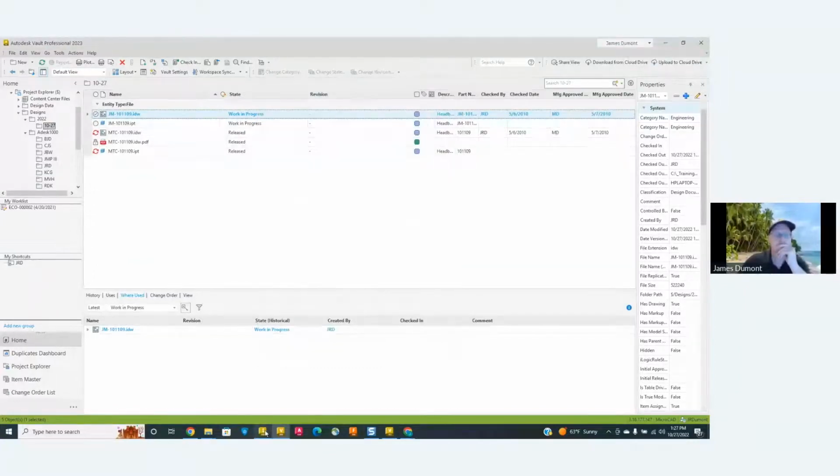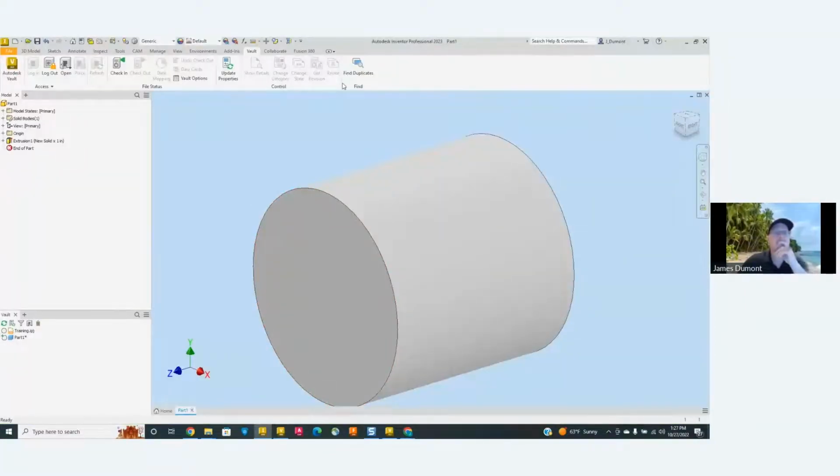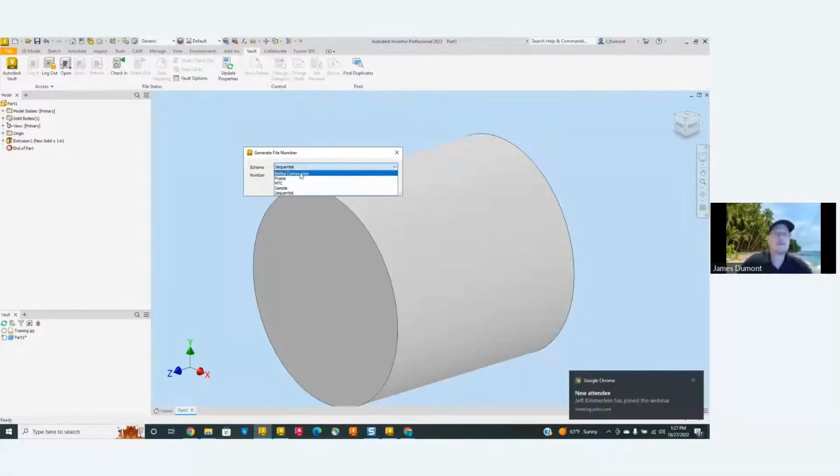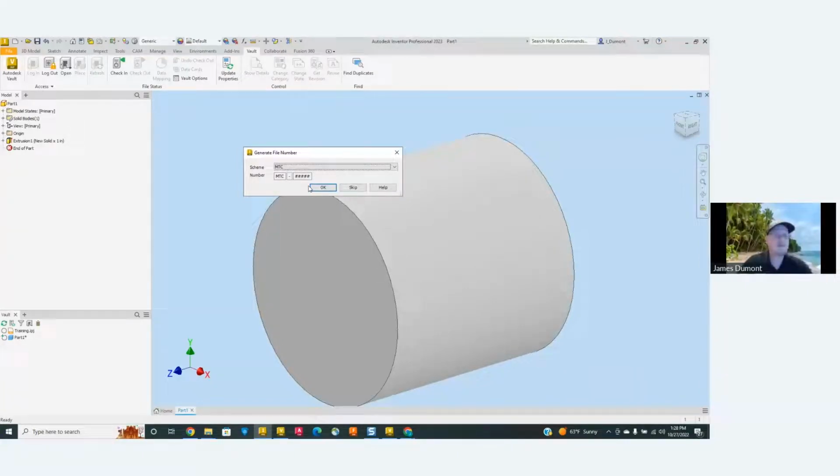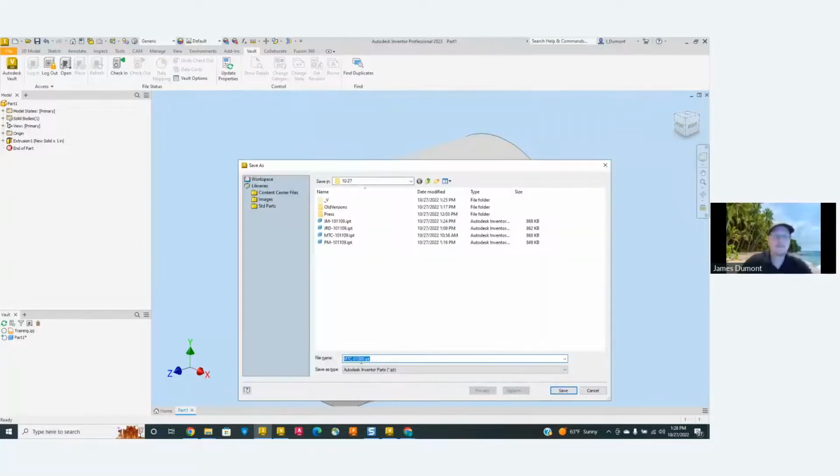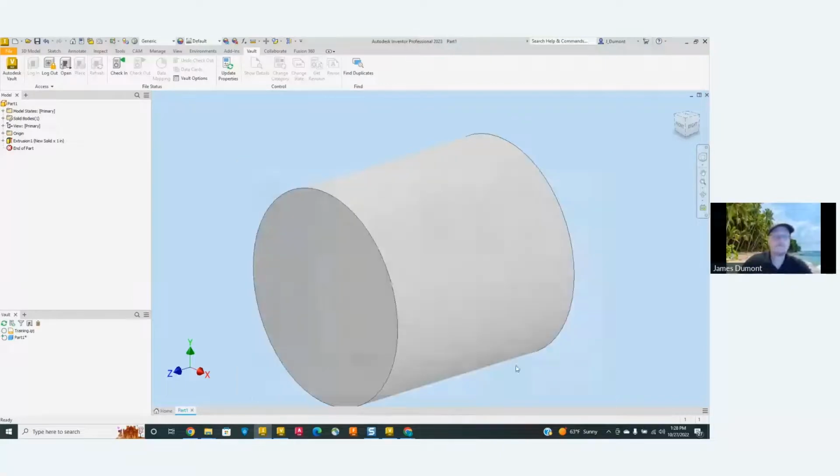So now when I do save, it's going to default to sequential. It's going to give me the next sequential number in the system. So Vault will distribute the file names for you. You don't have to think about those. Now, if I choose to, I can drop this down and I can do MTC. So it'll be MTC-whatever, and it's going to give me the first starting value based on my numbering scheme that I defined. So I'm going to hit accept to that. You can see it's going to give me the next starting number. So those are numbering schemes. I don't have to think about that.